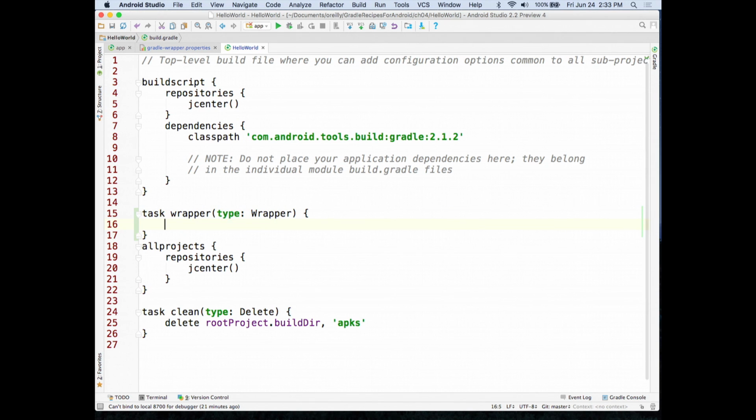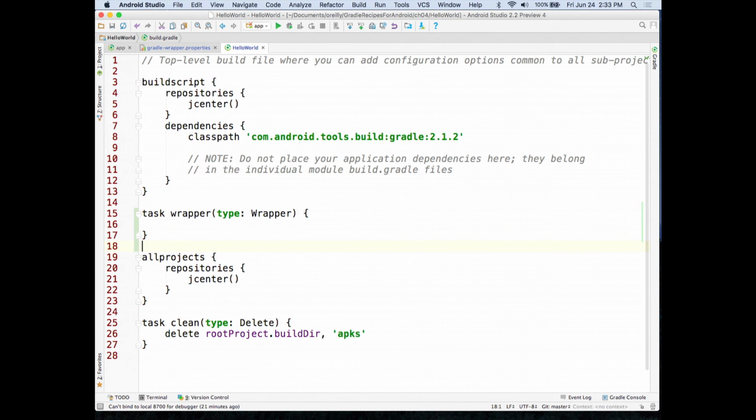Gee, where's all this great content assist? Oh, I'm using Groovy. Sorry. At any rate, then you could just say Gradle version equals, and if I went, let's go all the way to 2.14, and now I could generate it again from the command prompt, and I do use the command prompt a